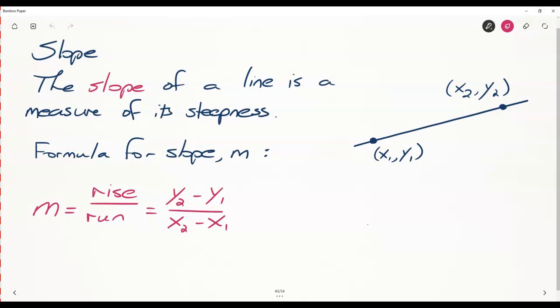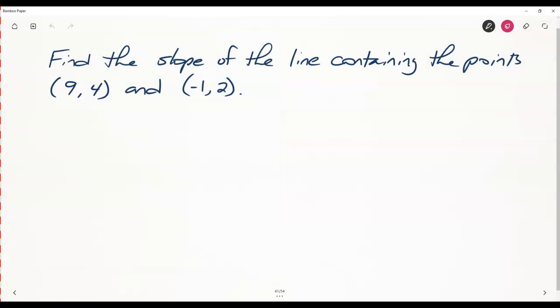But that is our formula. And y'all are keeping a list of formulas that you got to know for the test, right? Add that to it. So now you have 4. You have the distance formula, the midpoint formula, the equation of a circle, and you now have the slope formula. So long as you know 2 points on the line, and you do your arithmetic correctly in the formula, you'll get the slope. So if we're asked to find the slope of the line containing the points (9, 4) and (-1, 2),